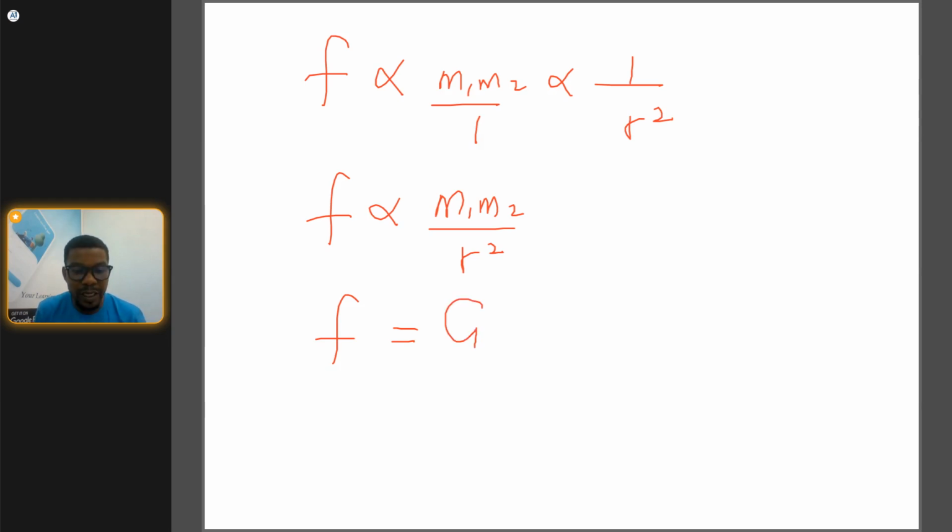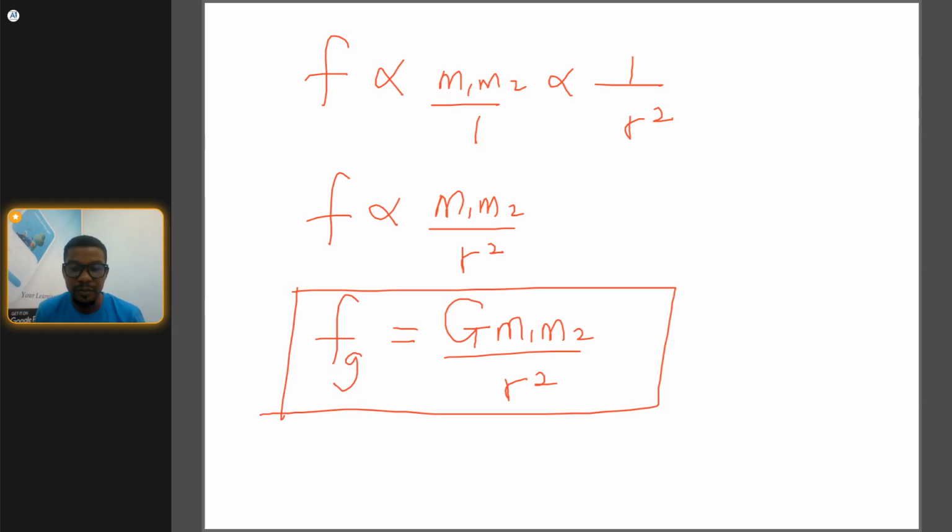And the constant will be capital letter G, M1 M2, all over R squared. So the force of gravitation Fg is given as this expression, where G is a constant and G is given as